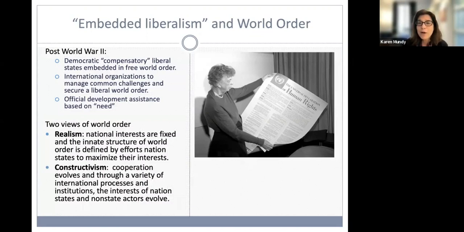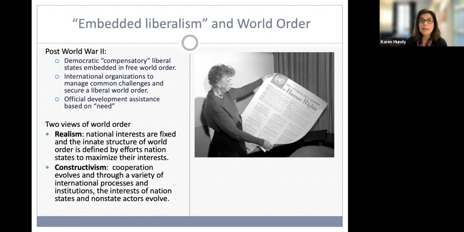And I'm going to go now to the foundational idealist foundations for the present aid architecture, looking at what happened after the Second World War. And I want to use this term embedded liberalism. And what is that? It is really this notion that after the Second World War, countries, nation states from around the world, of course, heavily weighted towards the West, emerged with an alliance and a set of institutions